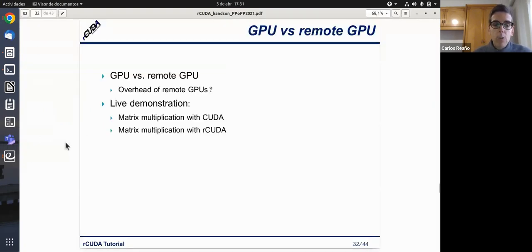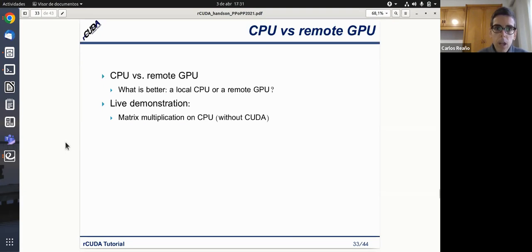Okay, great. So we have demonstrated this sample scenario for taking benefit of Arcuda, in which we compare the results from a GPU to a remote GPU and also to the local CPU. This is what we have actually done. We have seen that it's better in this case to use a remote GPU than a local CPU.